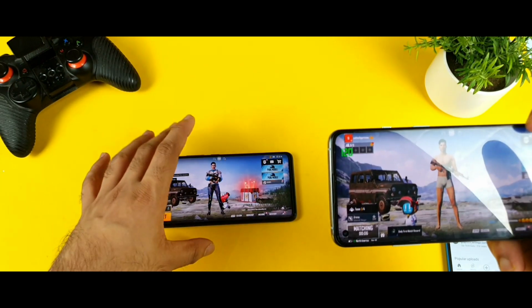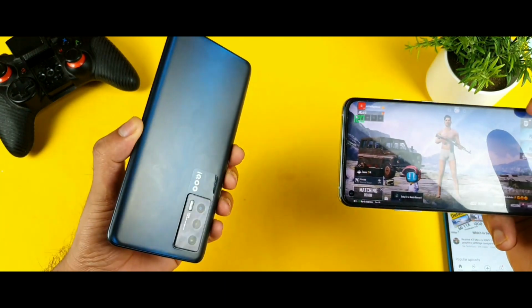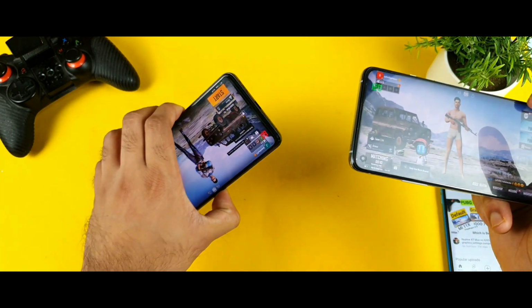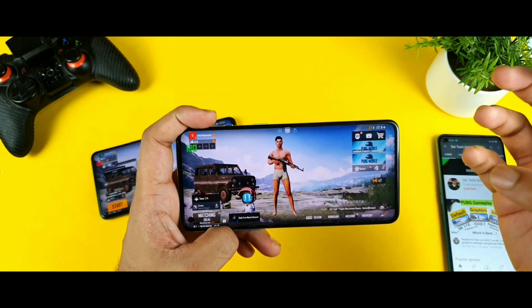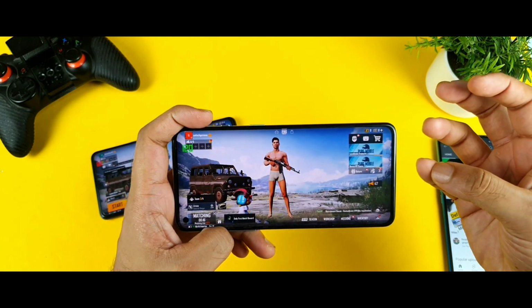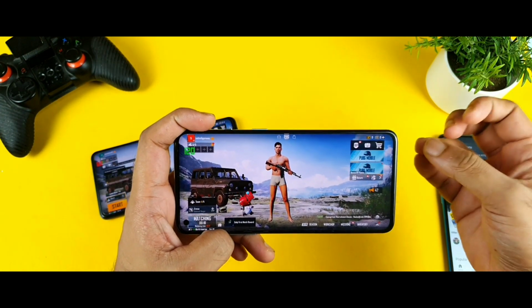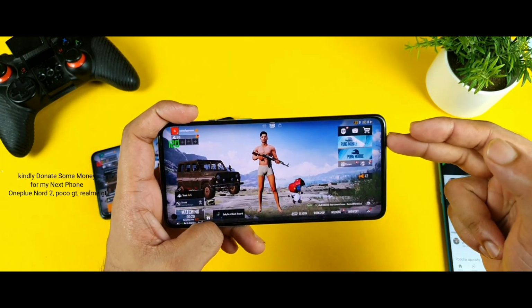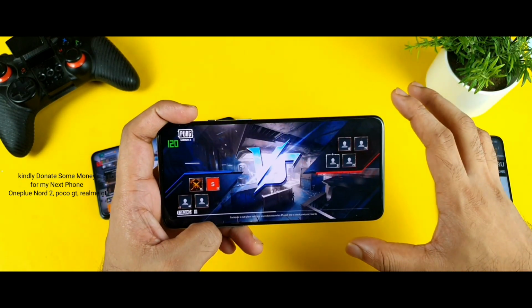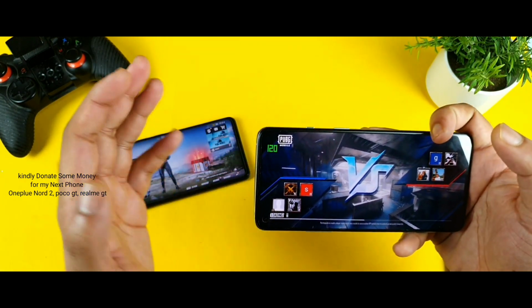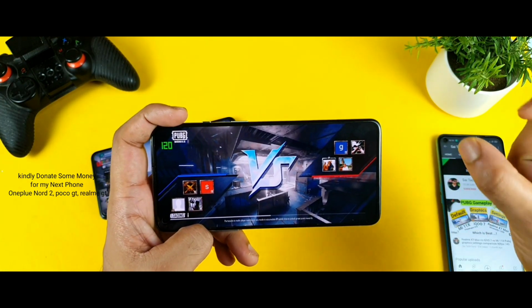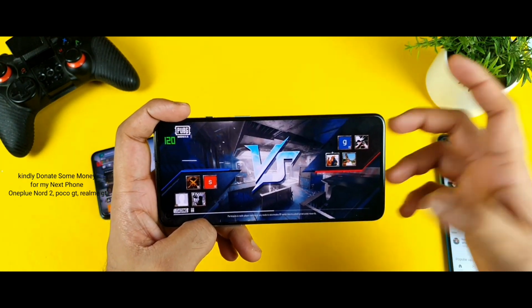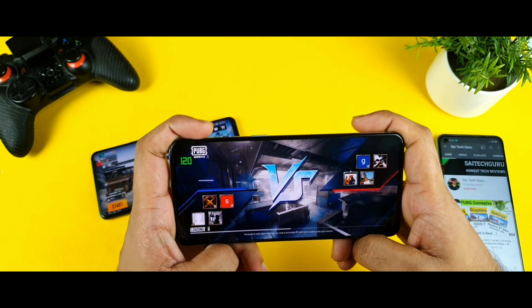Right now the Snapdragon 870 chipset, present in the iQOO 7 and the Mi device, was unable to get 90 FPS. That's really weird, because the Snapdragon 888 got the 90 FPS update, the Snapdragon 855 Plus got it, and even the Snapdragon 865 already had it. I'm not sure why they left only the Snapdragon 870 in the middle without any 90 FPS update. That is really annoying.